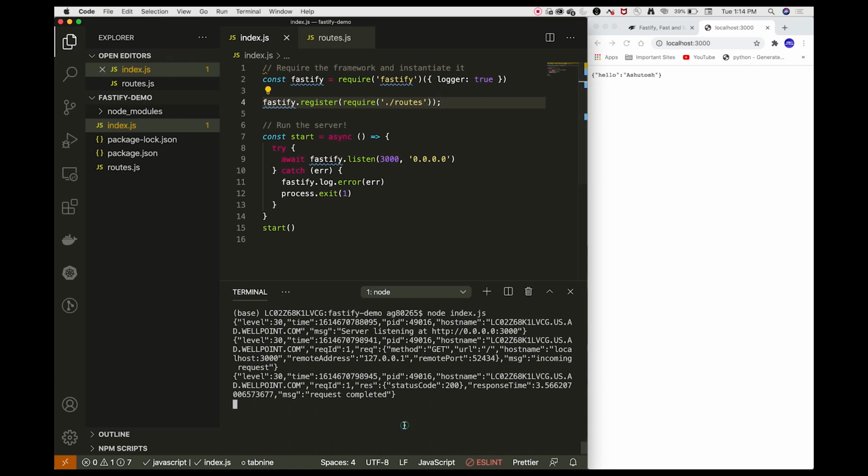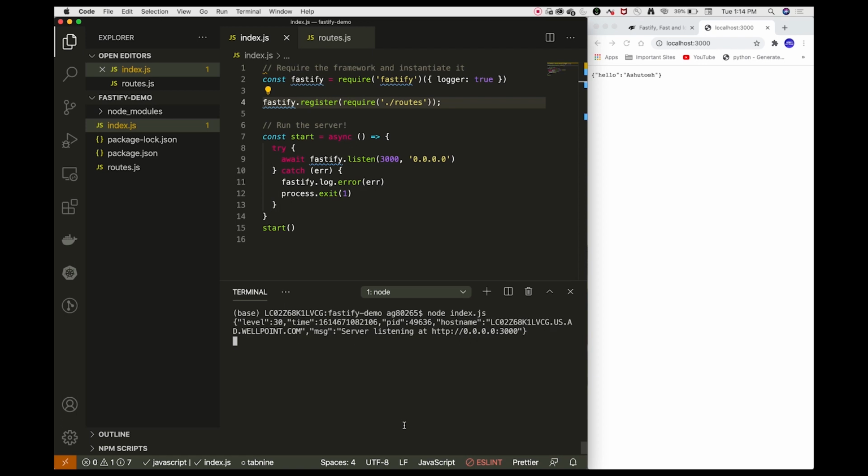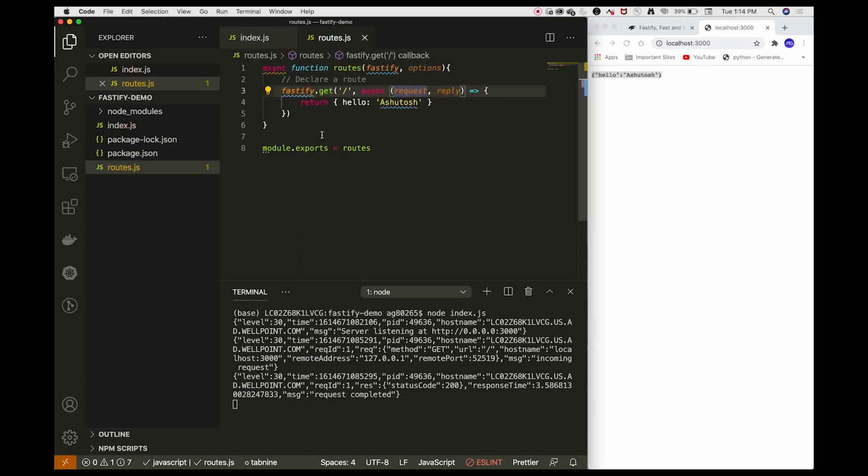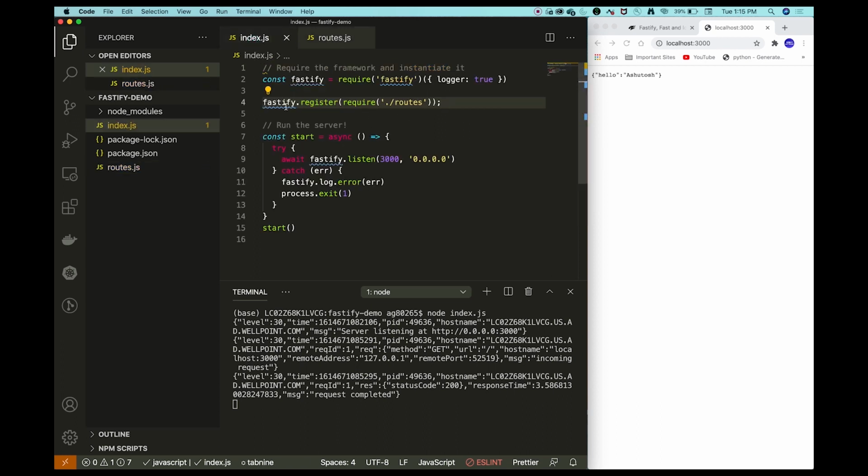After doing this, let us restart our Node.js server, and if I refresh this page again, you can see that our server is running perfectly fine since we have registered our first plugin, and this plugin points to this function which is serving this route. So this was about creating our first plugin and registering that plugin into the Fastify backend server.